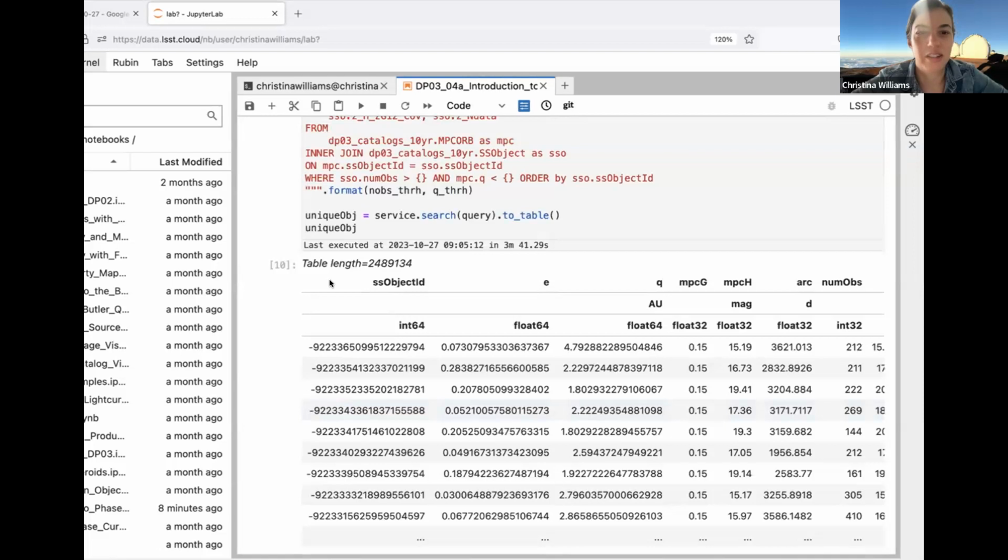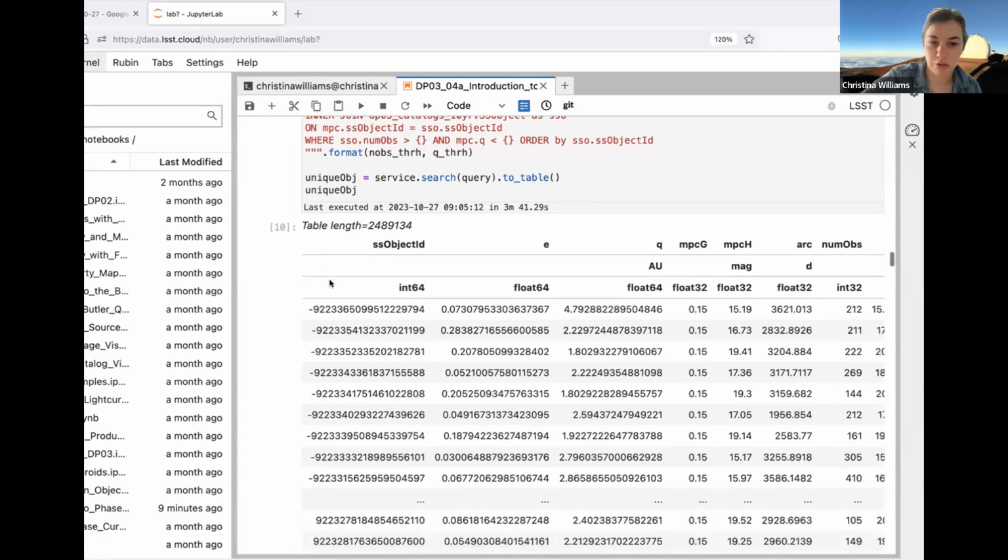So unique objects: every object is going to be observed many times by the LSST survey, because these objects will move across the sky and will be measured in multiple generations of imaging. But the unique object table that we've queried here contains specifications for individual objects that have been tracked across all of the data, but have been linked back to one single solar system body.